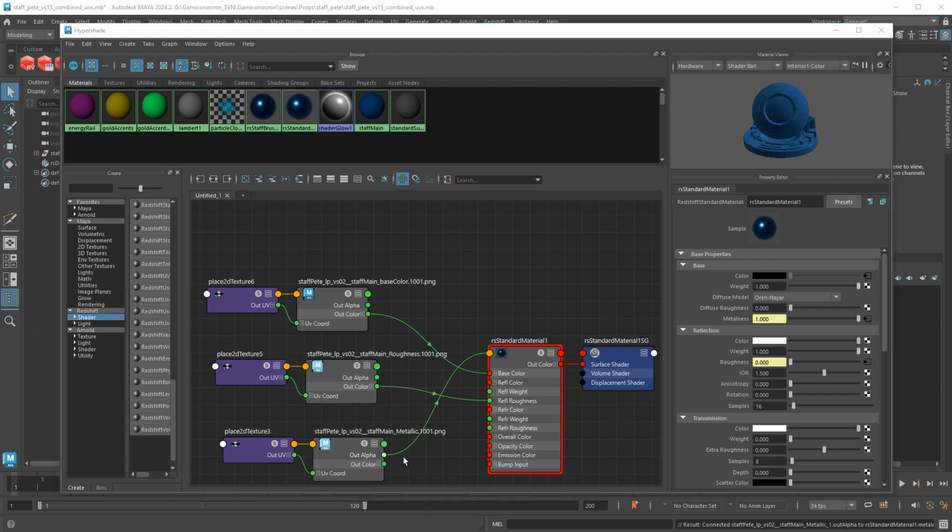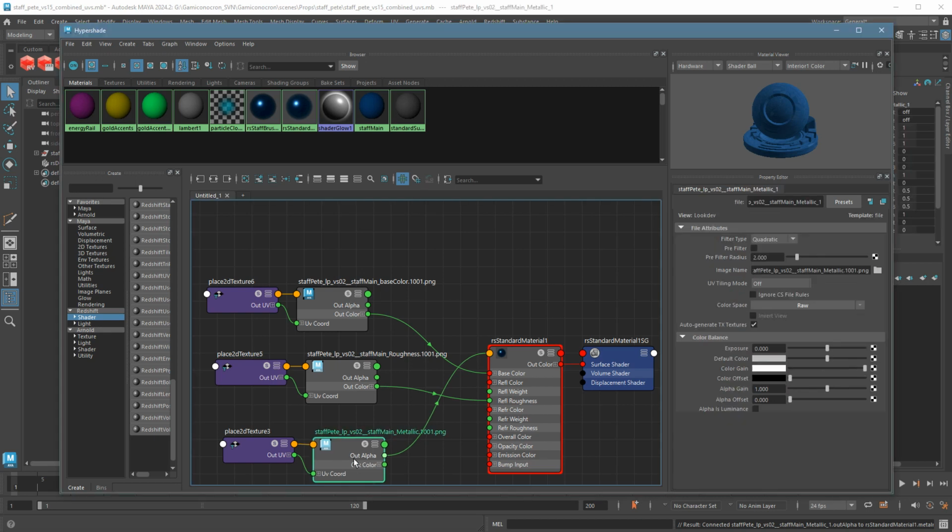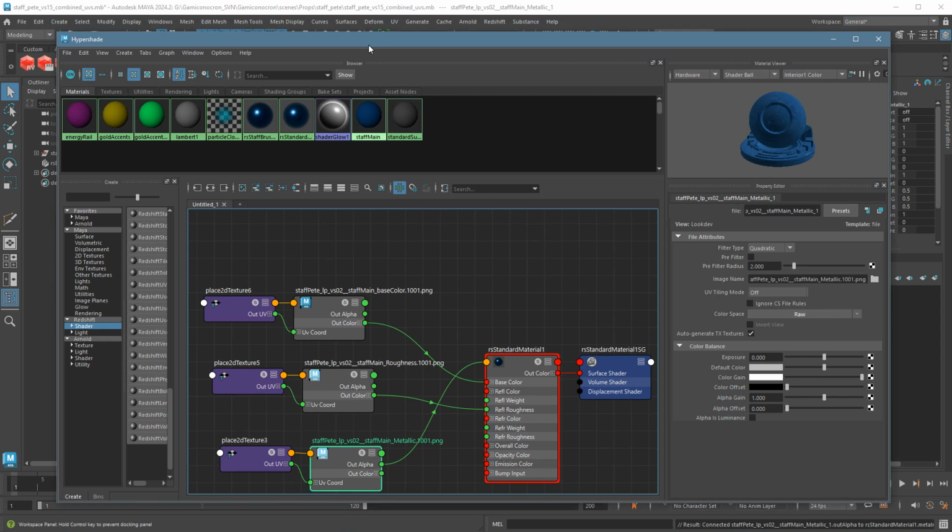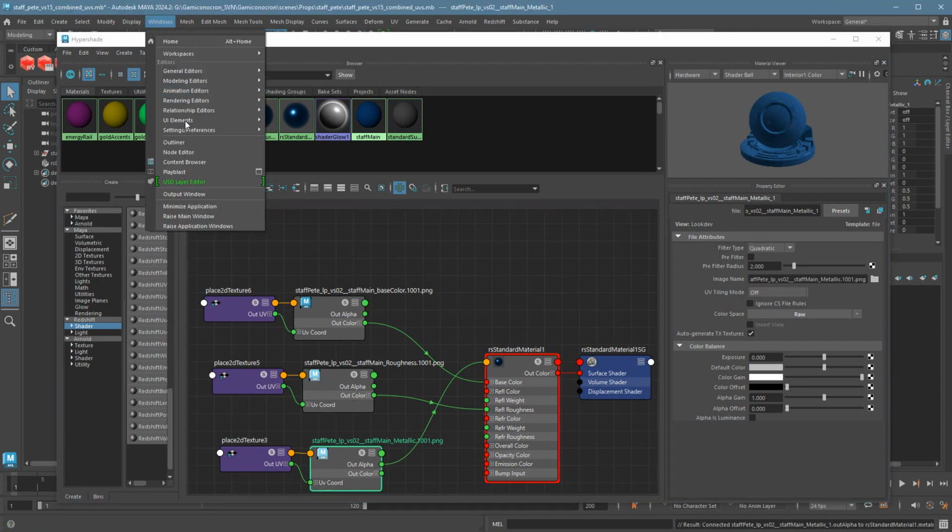Metalness does work as an alpha channel. You just want to again make sure that your color space is set to raw. It'll probably be sRGB. I should mention the reason why mine are automatically the correct type is because I actually set this in my color space settings under Windows Settings and Preferences, and